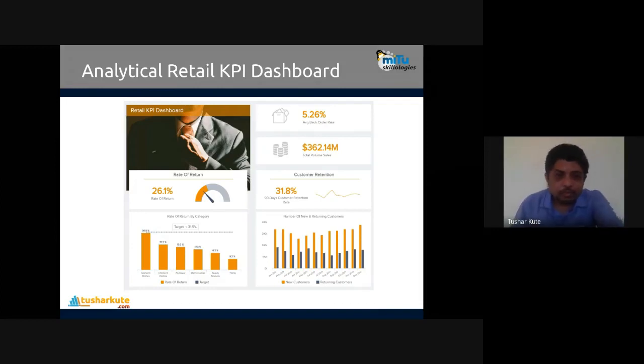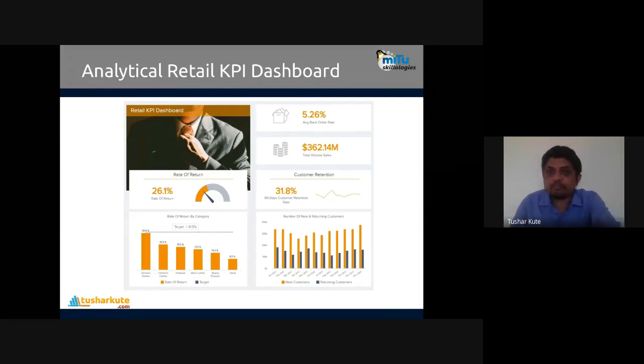From different kinds of things: home consumables we got 9.3%, beauty products 14%, then men's clothes 17%, then footwear 19%, then children's clothes 21%, and highest, women's clothes at 31%. The target is almost reached there, but in all we have a 26.1% rate of return, and different kinds of retail products give different rates of return.